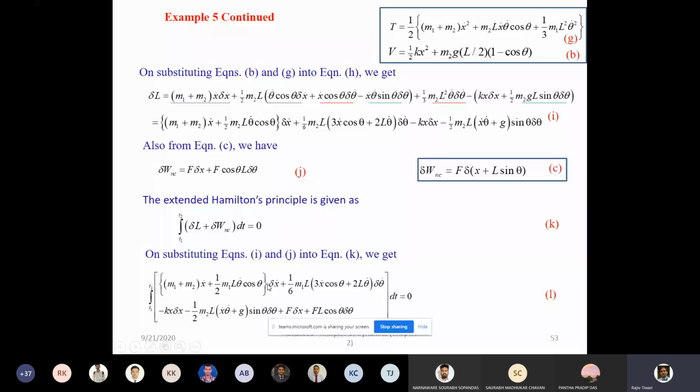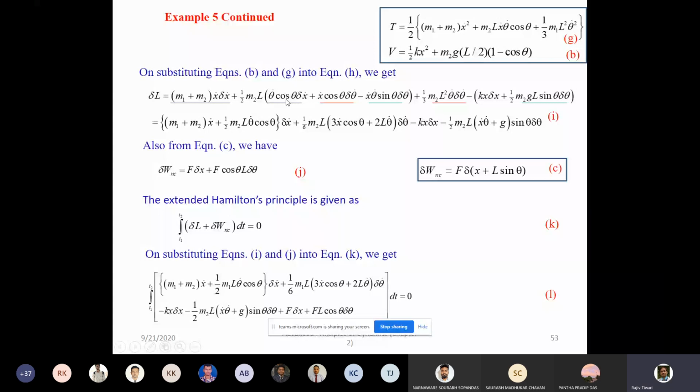here one more thing I have done. I have collected the similar terms of the variation, like the first term contains the variation of the x dot. Second term contains the variation of the theta dot. So in this expression, if you see, x dot contains these blue colored terms. So these are the two terms which correspond to the x dot variation. So that is coming here.